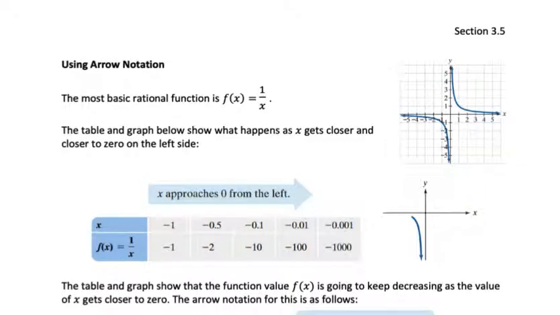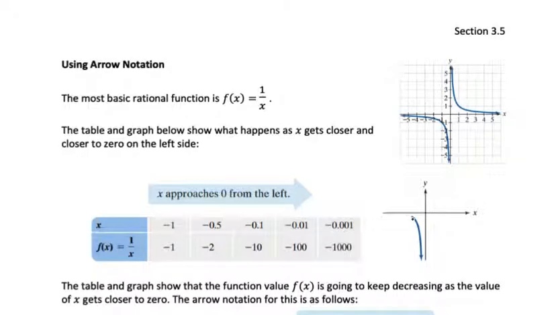In this video for section 3.5, we're going to be looking at the graphs of rational functions and talk about how to use something called arrow notation. So we're going to look first at the graph of f of x equals 1 over x, and this is the graph right here. So if we look at what happens as x gets closer and closer to 0 on